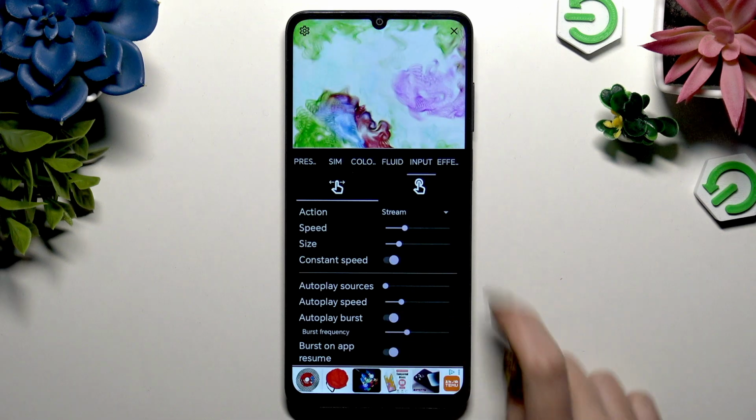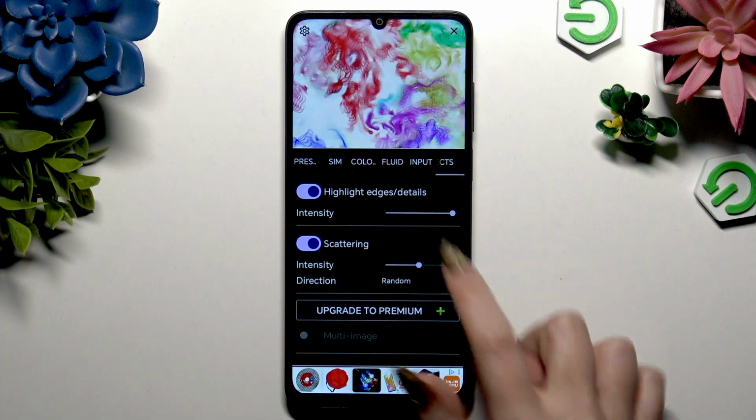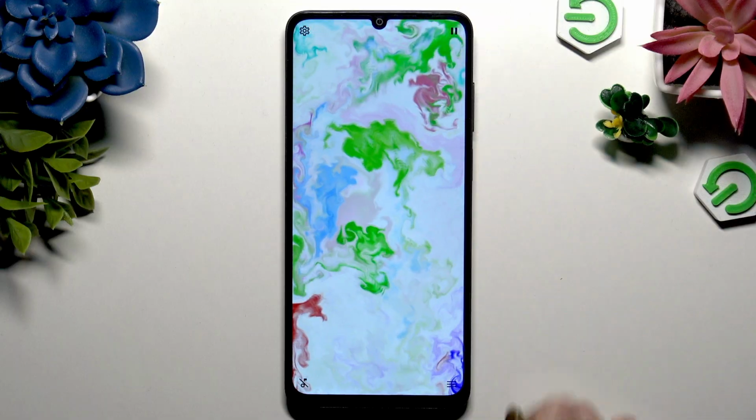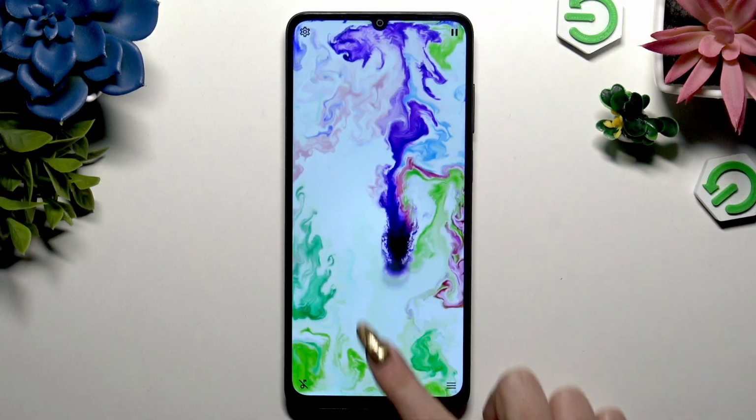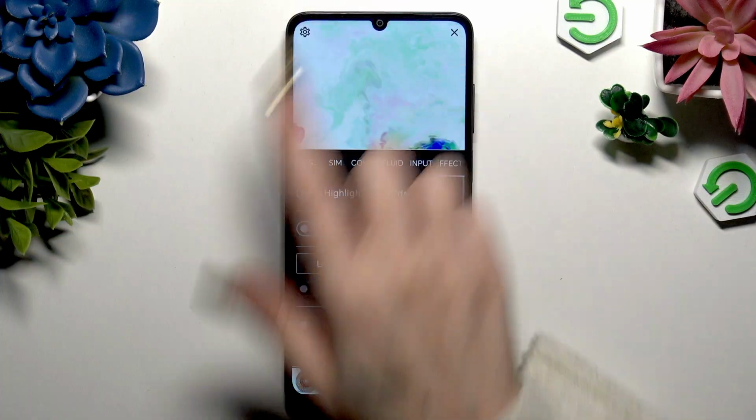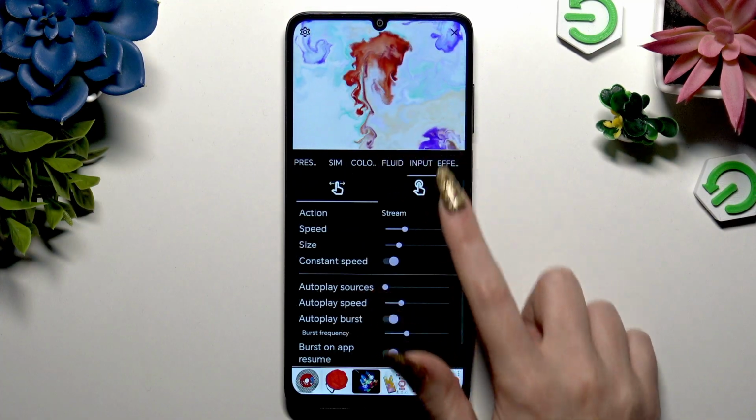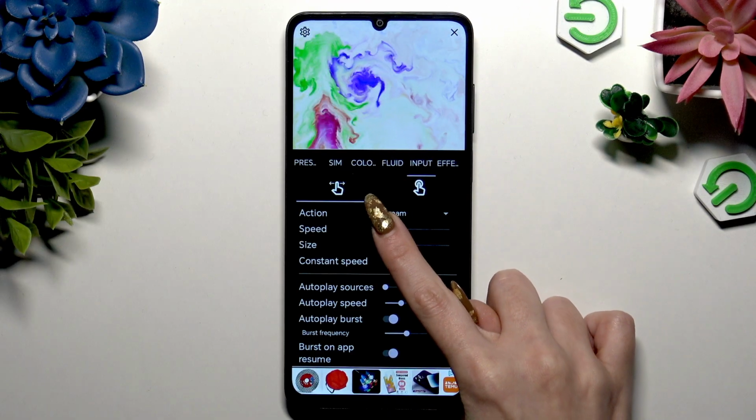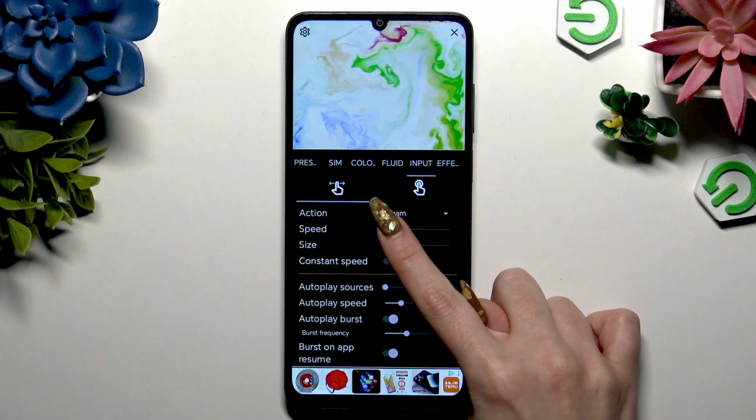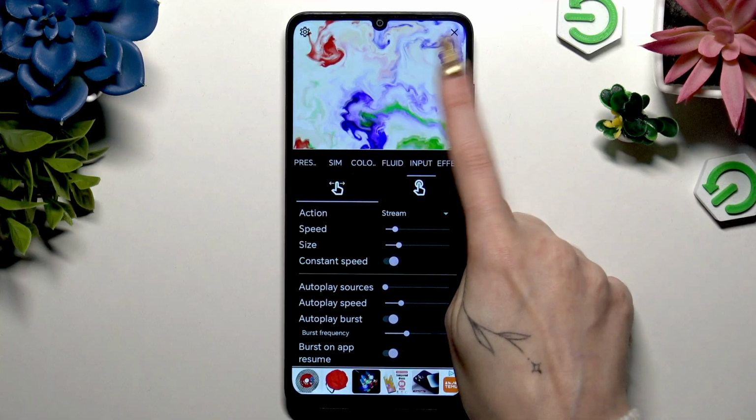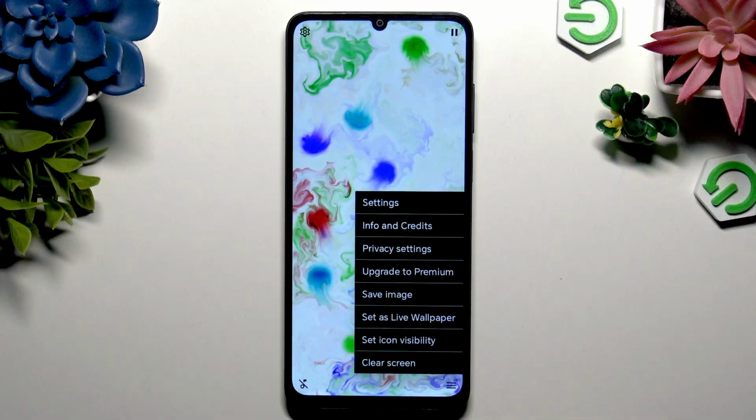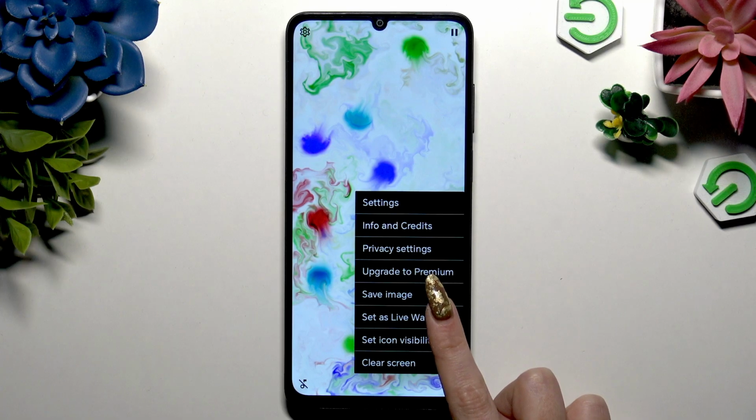Wherever you decided, when you're ready, you can click on this X at the top right corner, check out your wallpaper and make some changes by going back. Like for example, I will make it slower. Then click at the bottom right corner, choose Set as Live Wallpaper,